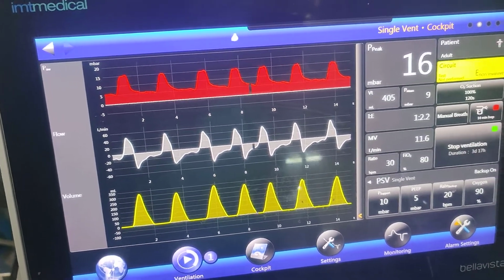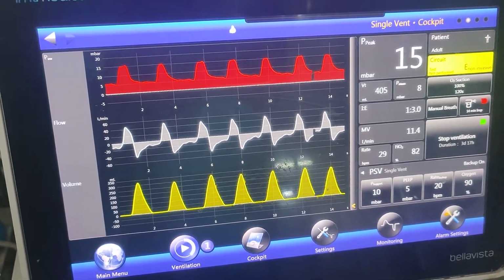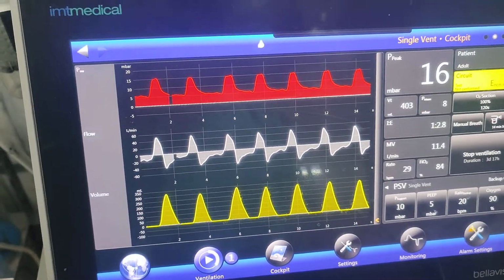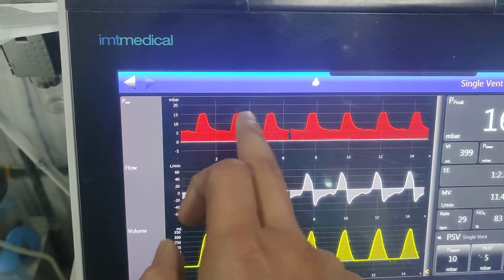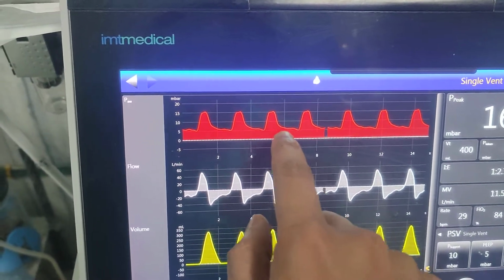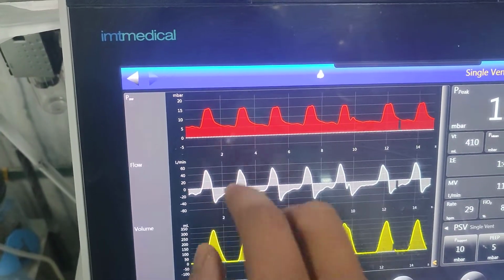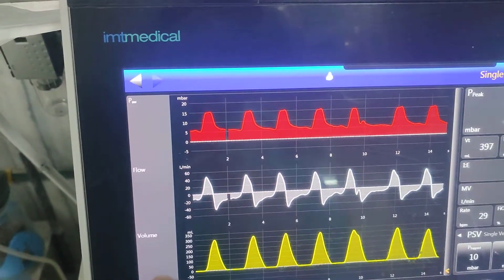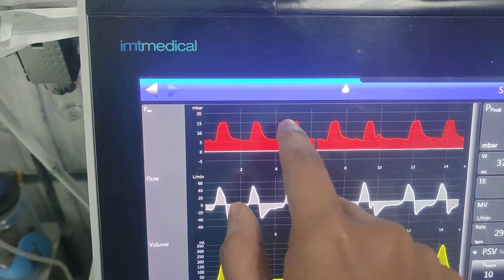In that case you have to check the plateau pressure. For checking plateau pressure you have to do an inspiratory hold. So, inspiratory hold for 1 second, and here you can see the peak pressure is about 16 mmHg and PEEP is about 5 mmHg. You can see this is the baseline PEEP, and this much is PEEP and this is peak pressure. If you do inspiratory hold for 1 second, then you see the graph